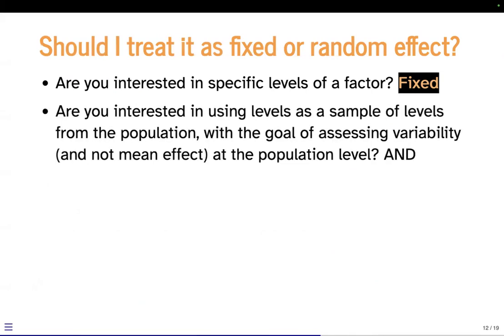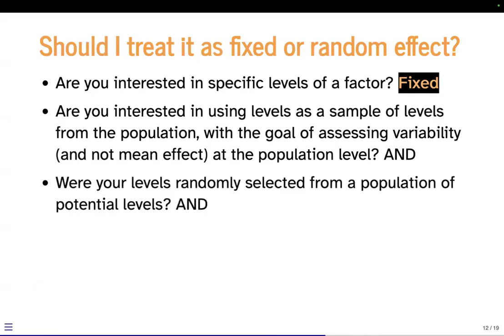Are you interested in using the levels as a sample of more levels from the larger population with the goal of assessing variability and not mean effects at the population level? If you say yes to this, you may treat as random, but you have to check a few more boxes. And so if you say yes, if you're interested in just using some levels to serve as a sample from the larger population of levels, because you're interested in the variability and not the mean,